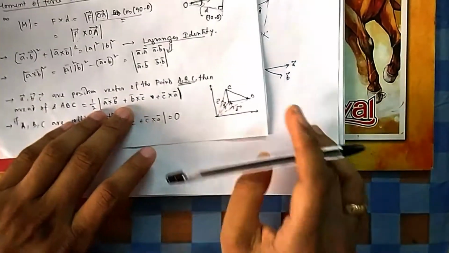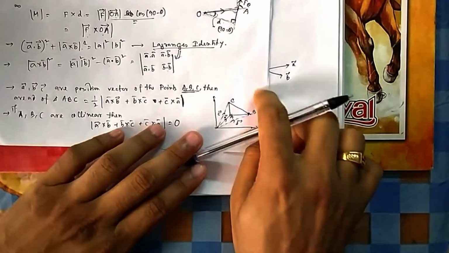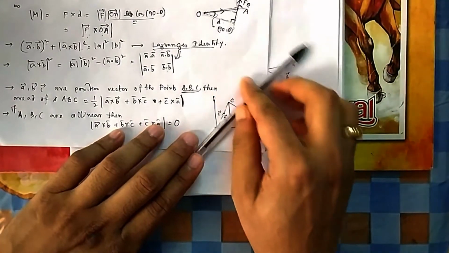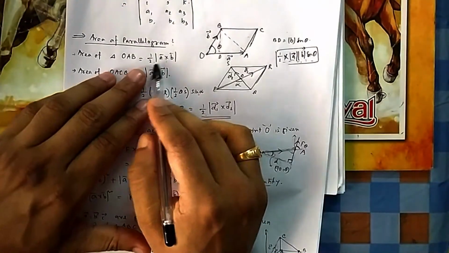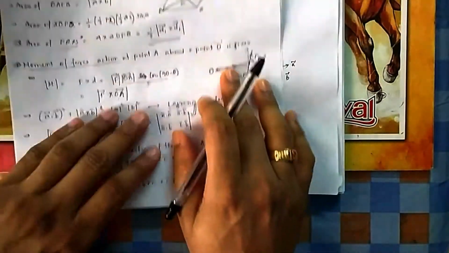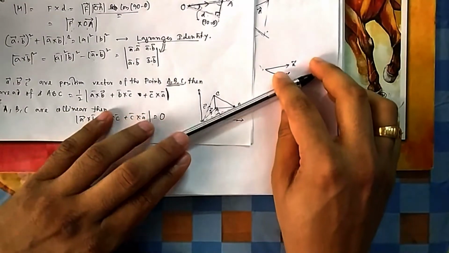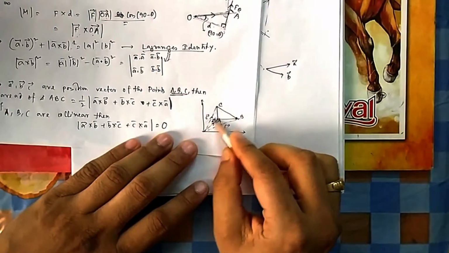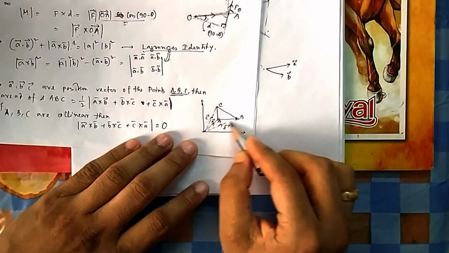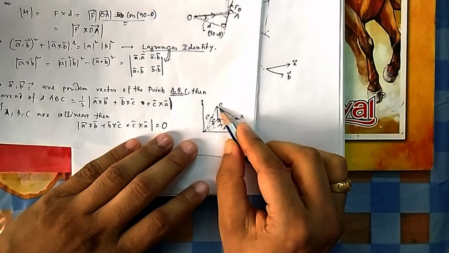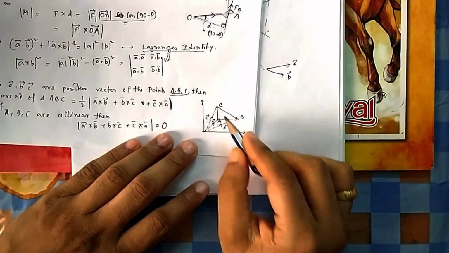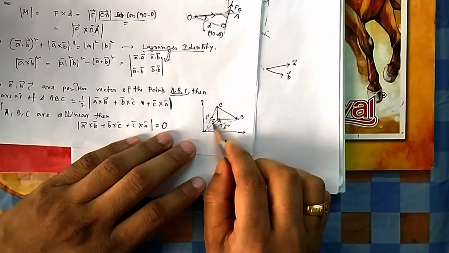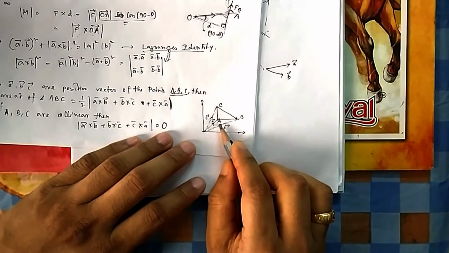If I am saying B cross C, this direction matters here. So if I take from B to C, cross product, because if you take the cross product and then half, you get the area of the triangle. So if I am taking from B to C, you remember it this way, that means you are taking the whole area, from here to here, but you need only this area. Think only in 2D, suppose you need this area only. So you need to subtract this one and this one. How will you subtract this small triangle? So it will be B to A.